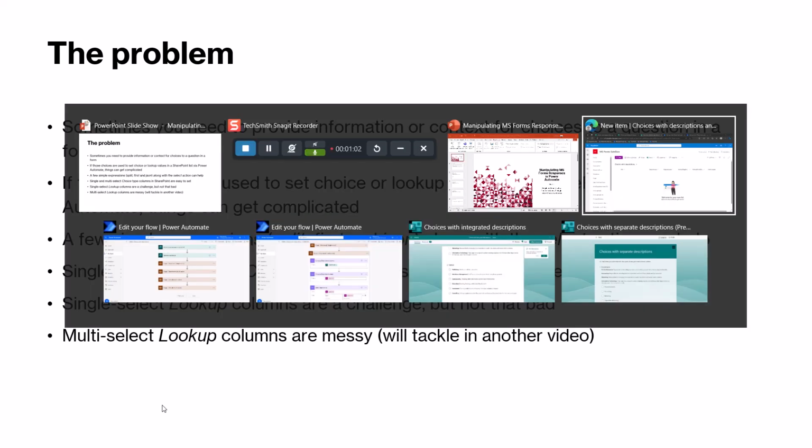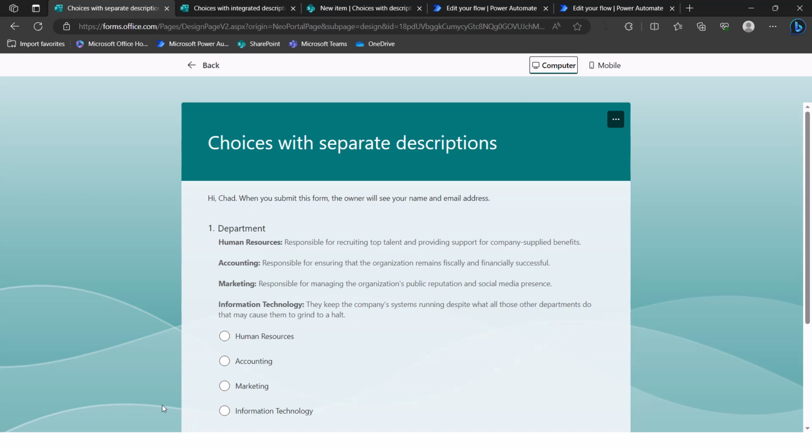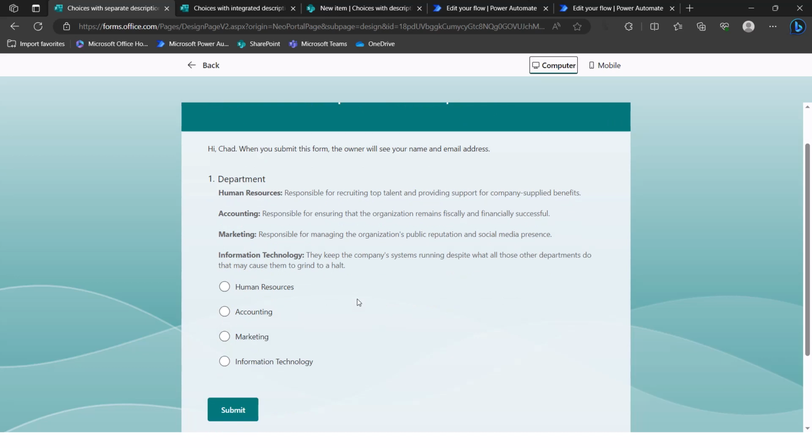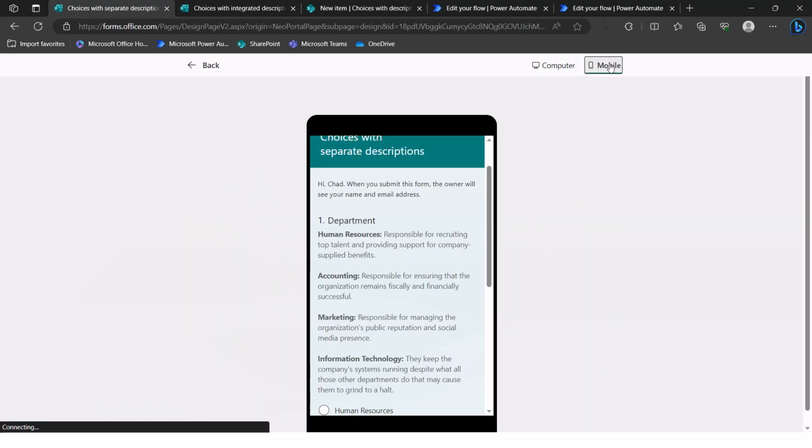So if we take a look at the setup here, here's just a quick example of what this form might look like. The first option is to have the description of those choices separate from the actual choices, so that when you're feeding this data into your SharePoint list using Power Automate, you can simply enter the value selected for a department in that field. And this certainly works. Now in this example I only have 4 choices, and on a browser screen it looks okay, but if we were to look at the mobile view and consider that people very likely could be using a mobile device to fill this in, it gets kind of